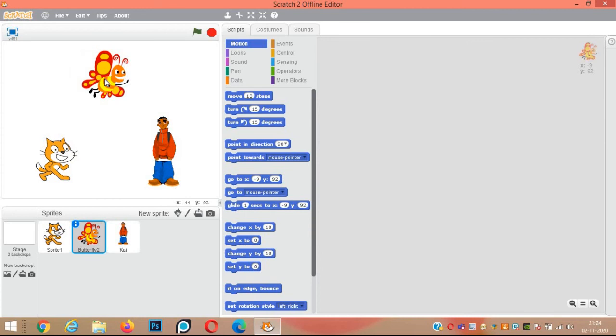We can arrange these sprites according to our program on the screen.